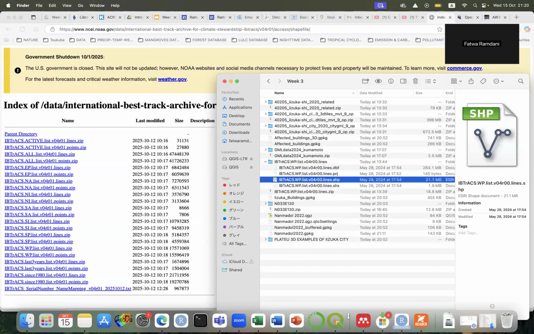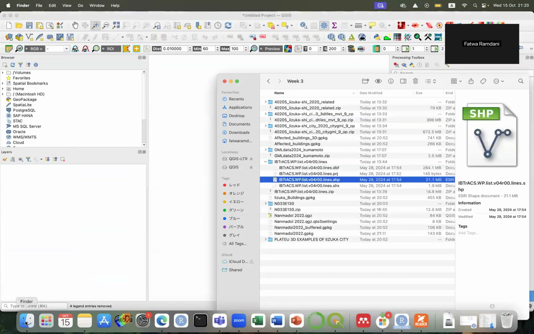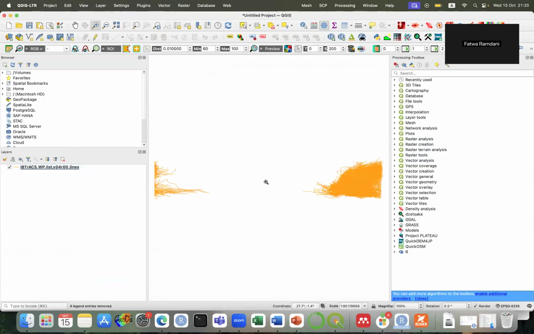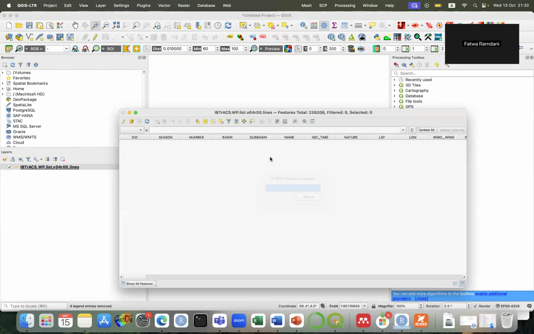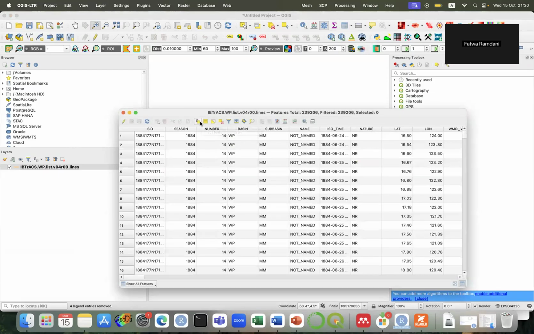Click the files, go to your QGIS, hold and drag. Here there are so many Typhoon tracks here, so we only need Nanmadol of 2022. So we do the spatial query using select features by attributes. Open the attribute table first, then click on this icon,